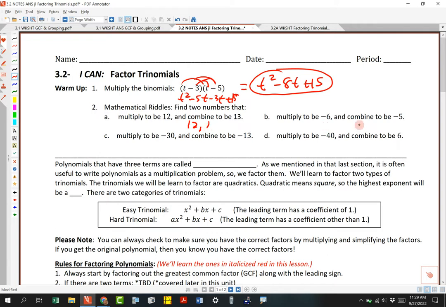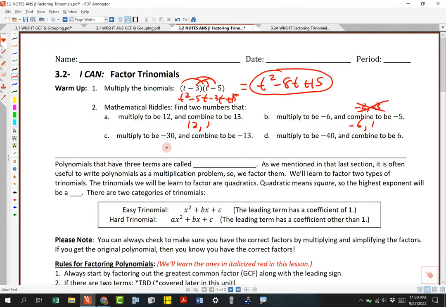Multiply to be negative 6, combined to be negative 5. This tends to be a tough one because there's a couple different ways that you can make a 5 and a 6. D? Negative 6 and positive 1. If you tried negative 2 and negative 3, would that work? It would work on the combining portion, but they'd multiply to be a positive, so that's not going to be